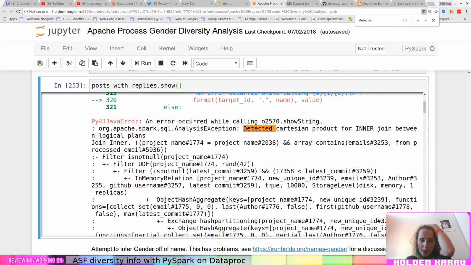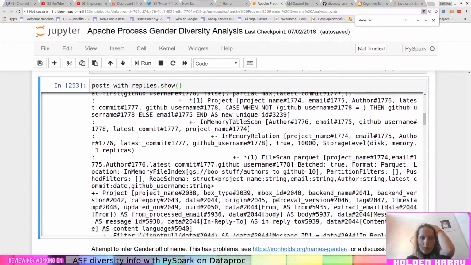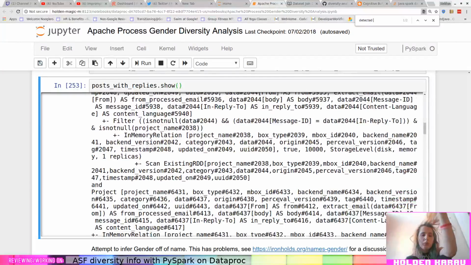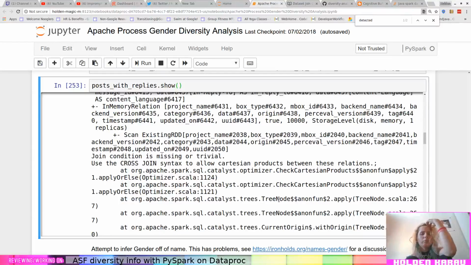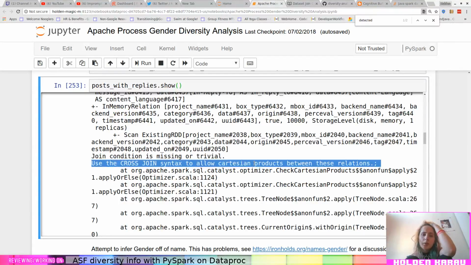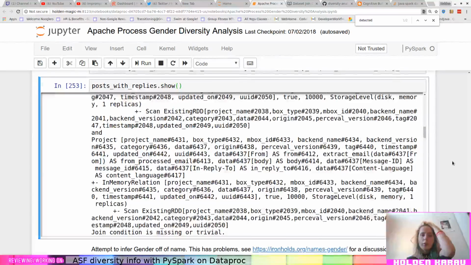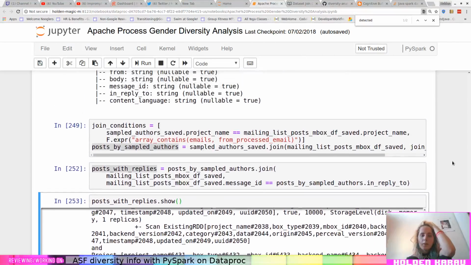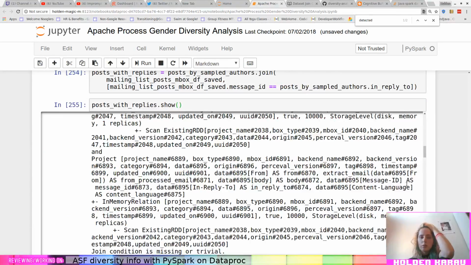Object, hash keys. Yeah. Use the cross join syntax. Wait, did I not? I did specify a join condition. Right. Yeah, okay.